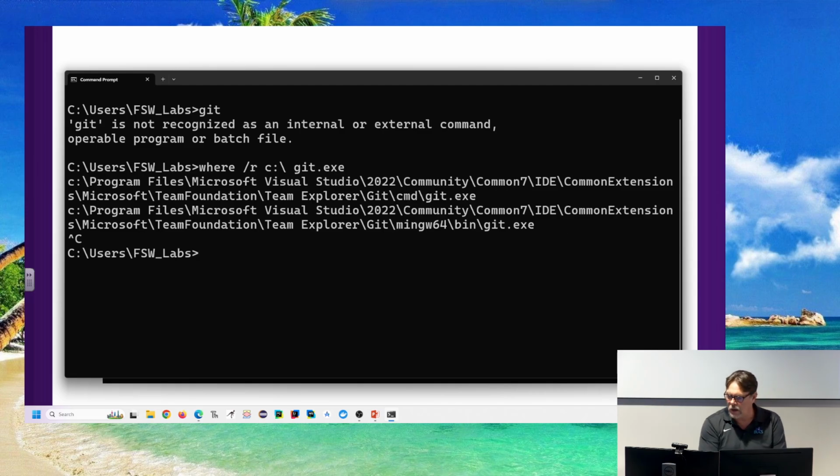Okay, or I can type winget install. Let's see if this still works.